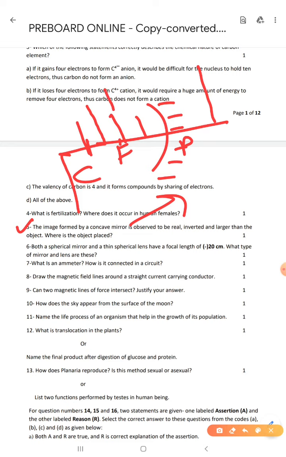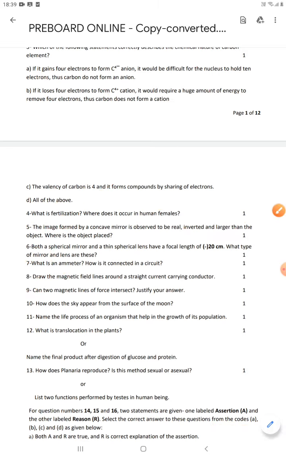In case of focus also, when we place our object at focus, then the image is at infinity. That is a highly enlarged image, that is also inverted, and that is also a real image. So you can write the answer between F and C, that is absolutely correct. And if you write at focus, at that moment the image is highly enlarged, and all the other things are the same.